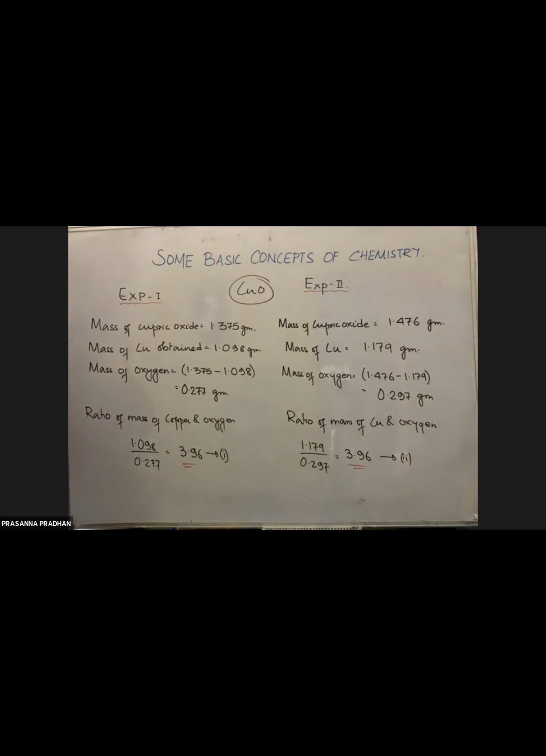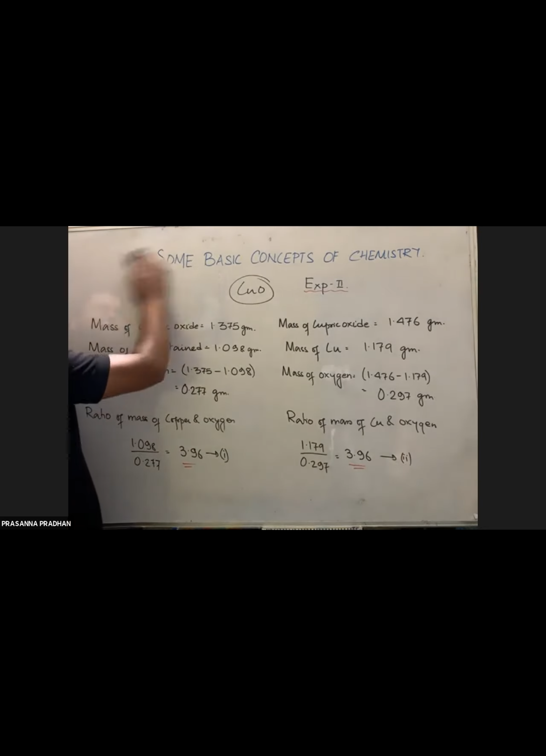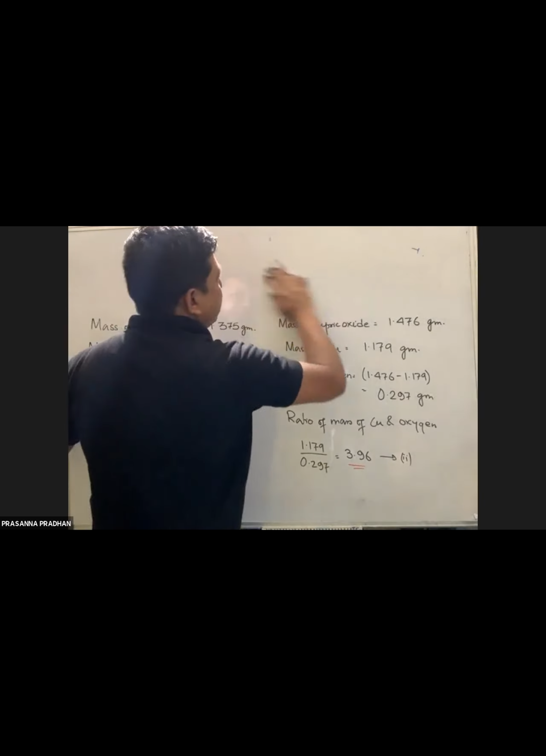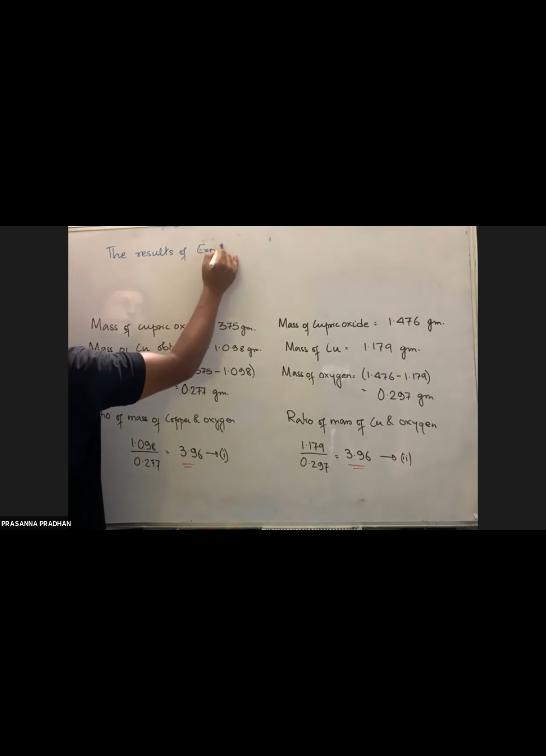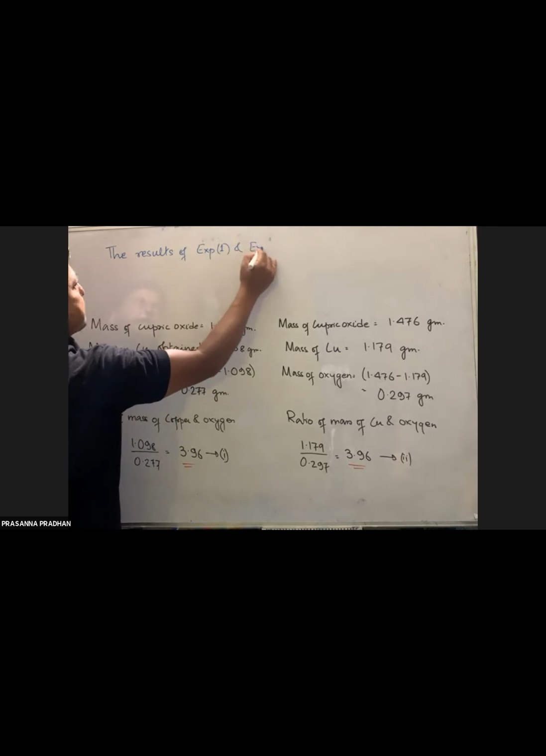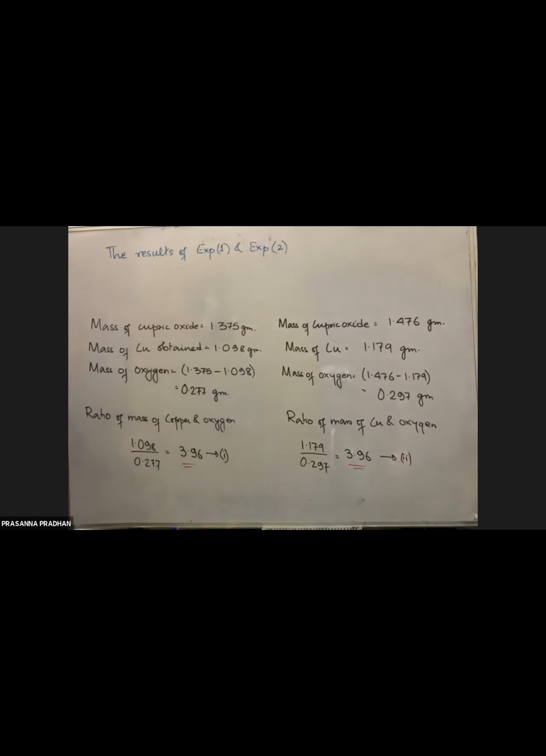Okay, so these data illustrate the law of definite proportions. So how are we going to just end up this problem? How are we going to write it down? Okay, so we can write it down in this way. Chalo. So look. Just write it down. The results of experiment 1 and experiment 2 shows that